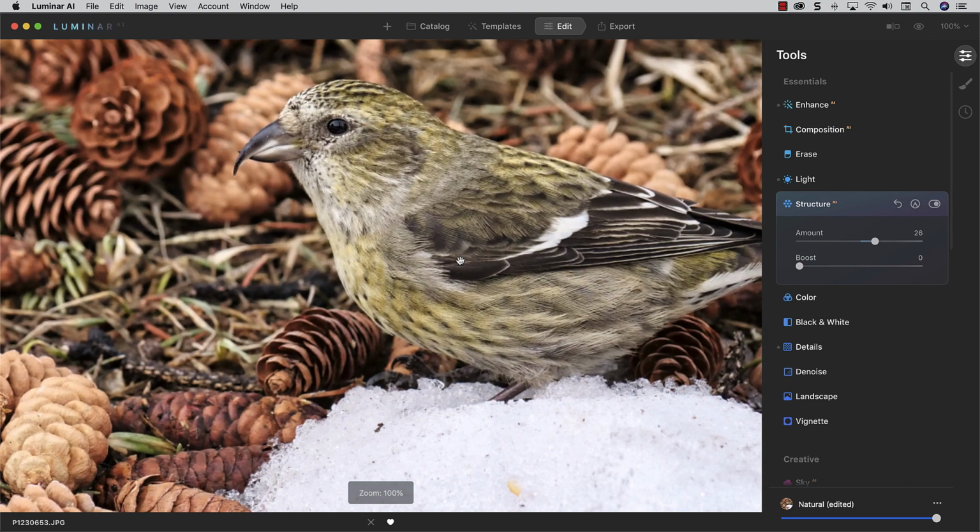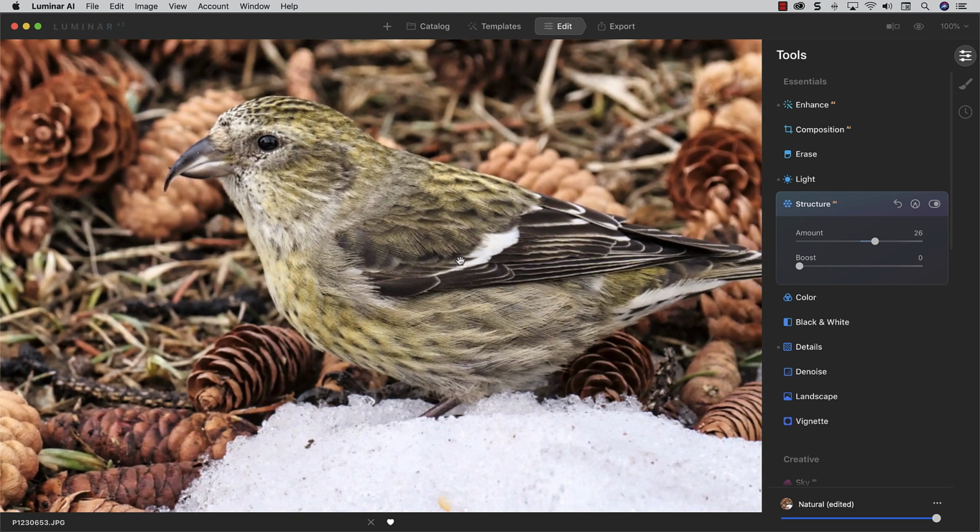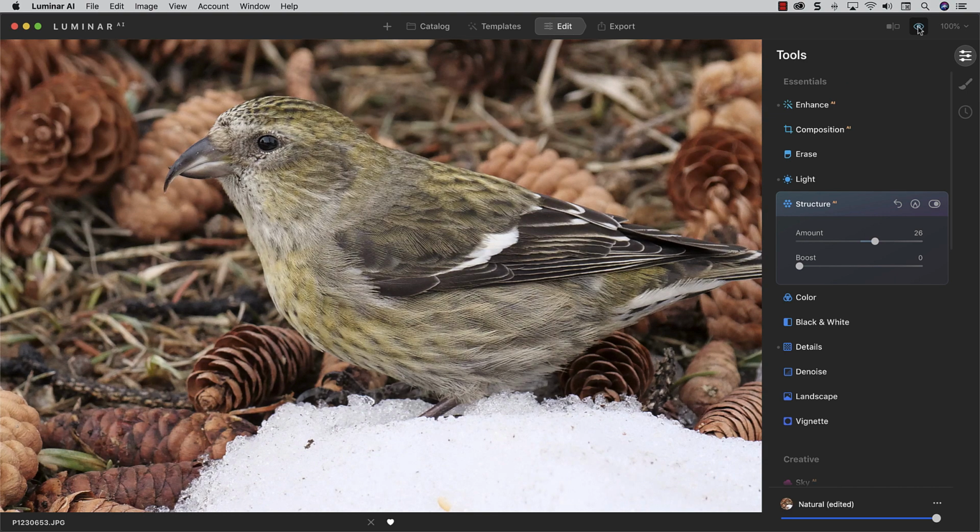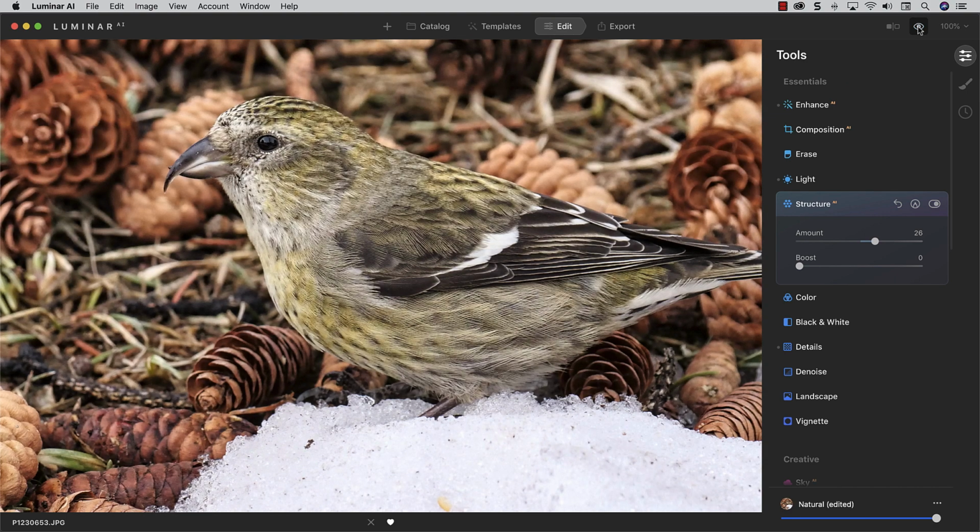Let me zoom in so you can see the detail. I mean, this lens is incredible. Look at the detail in those feathers. And here's the before and after. So you can see how the template and especially the structure and the Enhance AI really brought out the details, you can see I got details in there, really brought out the feather patterns and the feather colors.